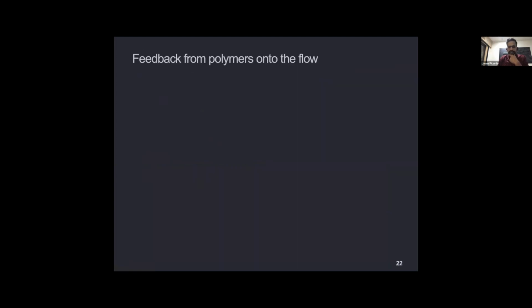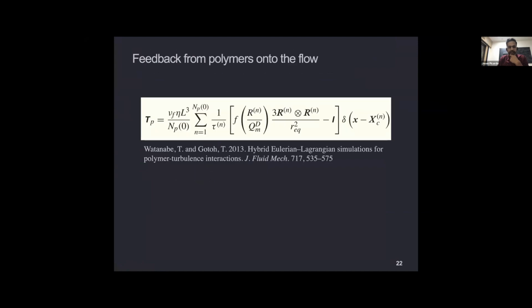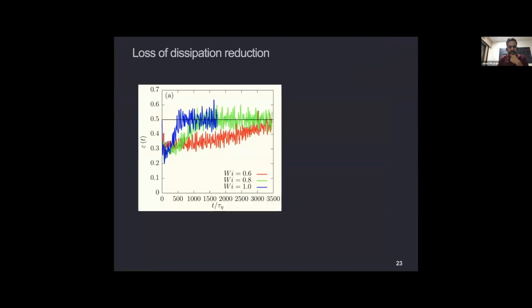Okay, so finally, let me just quickly talk about feedback of the polymer. We do that by including a polymeric stress into the Navier-Stokes. And this is a plot of the dissipation volume averaged versus time. So you see that at early times, you have a reduction of dissipation from the Newtonian value, which is just